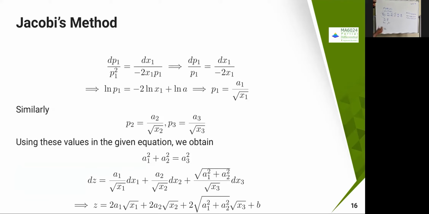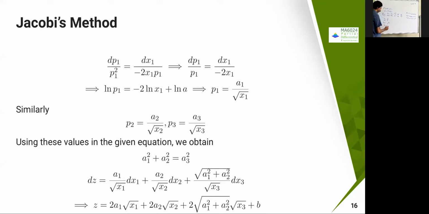There's some mistake again. Yeah, that should be some mistake. So it should be not minus 2, it should be 1 minus 1 by 2. Okay, so minus 1 by 2 ln x is there. So if I just integrate this, if I just simplify this further, you are going to get p1 is equal